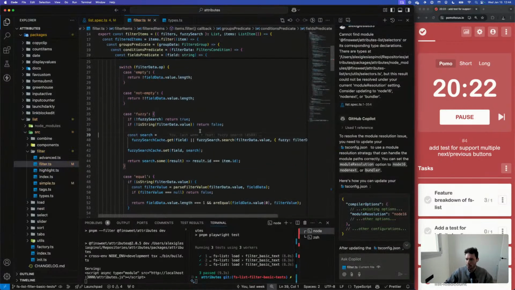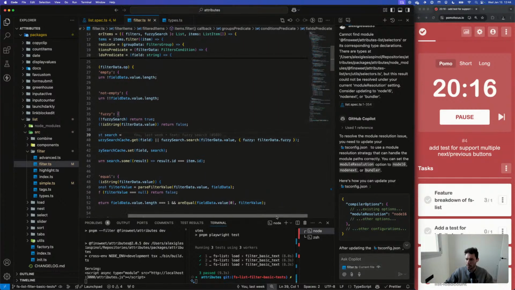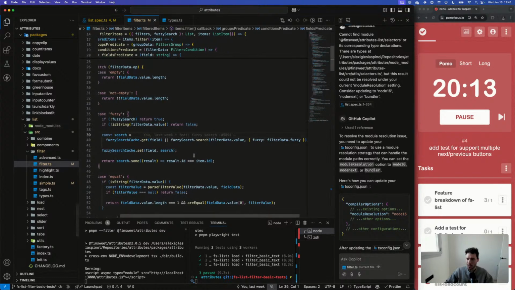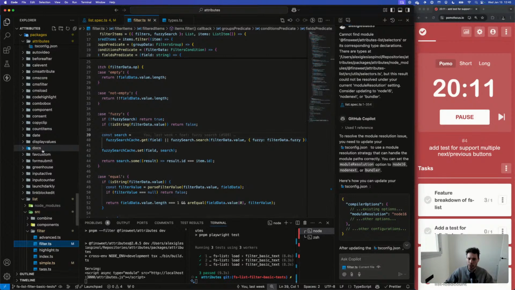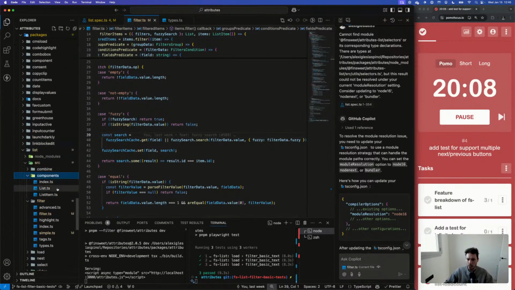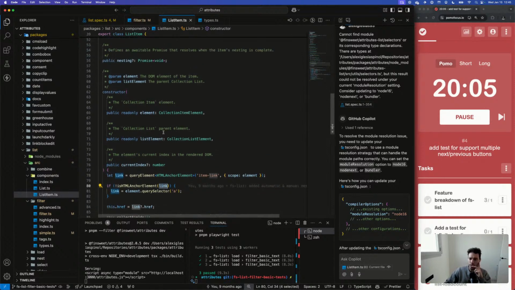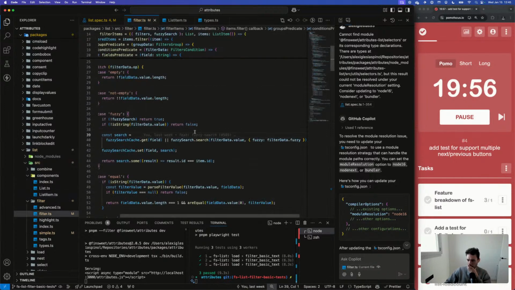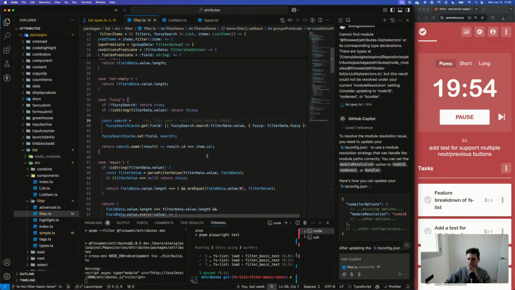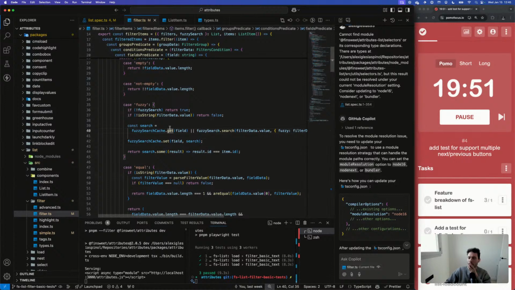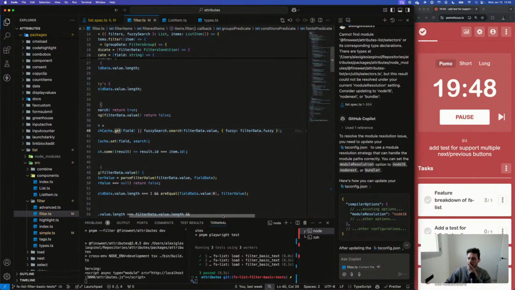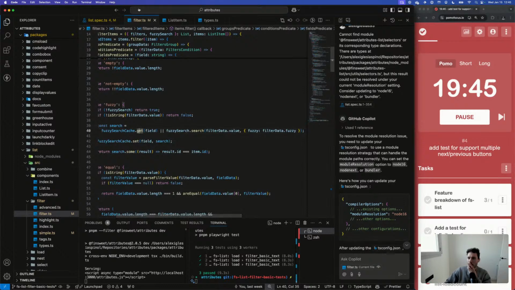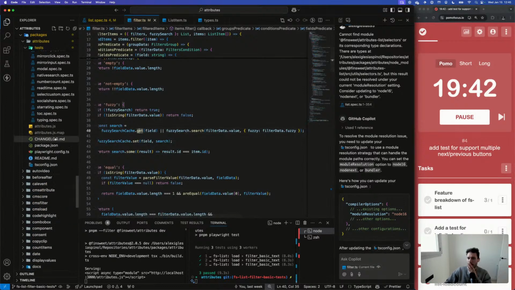So the thing is that here, when doing this, the filter data, maybe the properties are not strings. So components, let me check this. The last item, we are storing the properties like this. And it's either a type number, a type date, type text. Right.